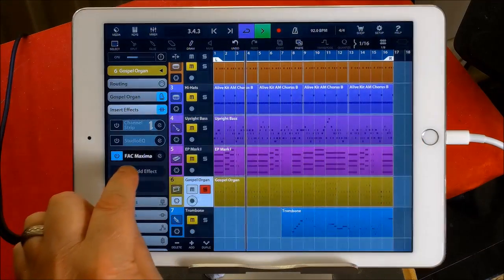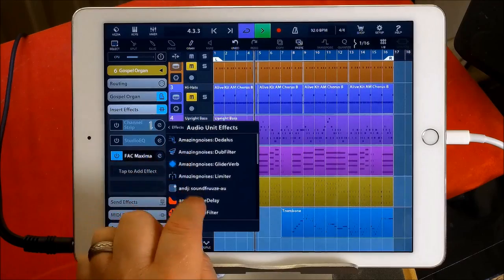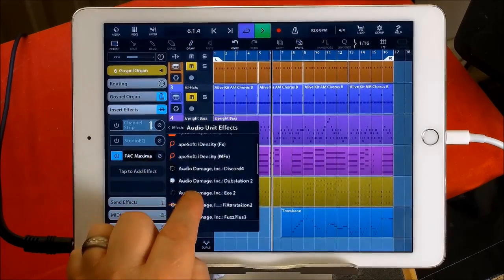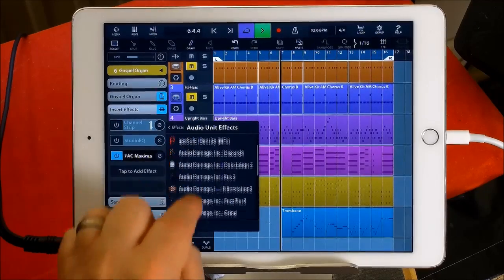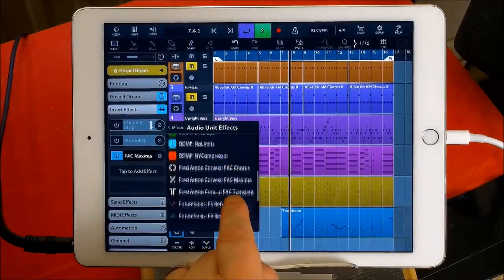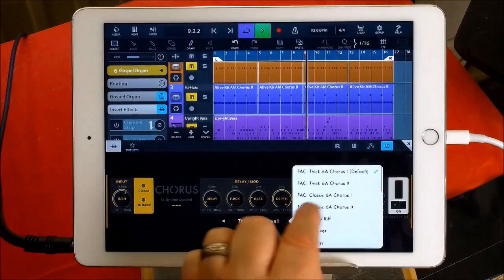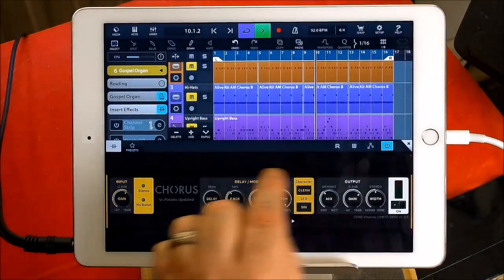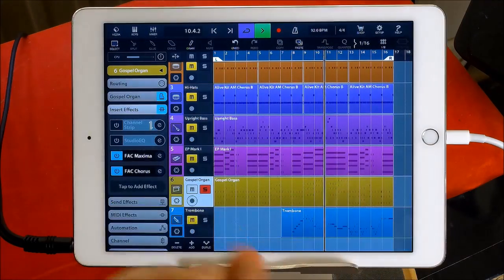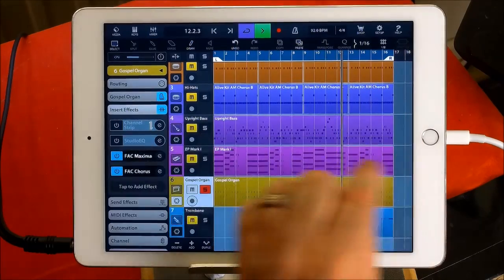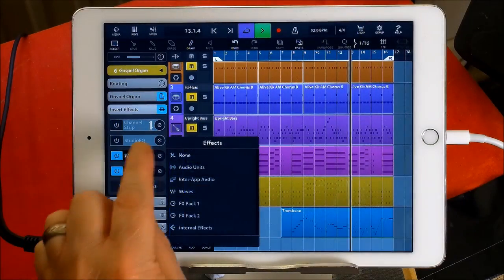And then I'm also going to apply audio here. I'm going to apply a chorus. And let me turn the volume down a little bit now. I'm also going to apply a